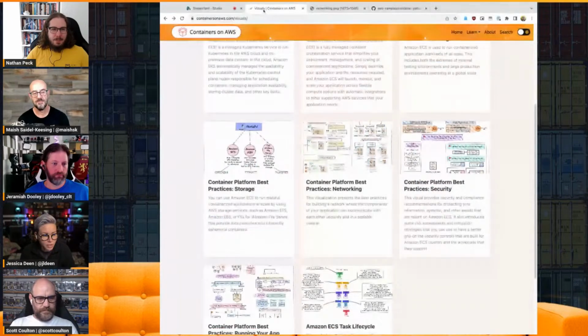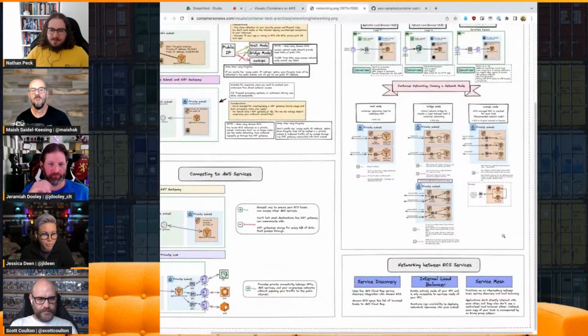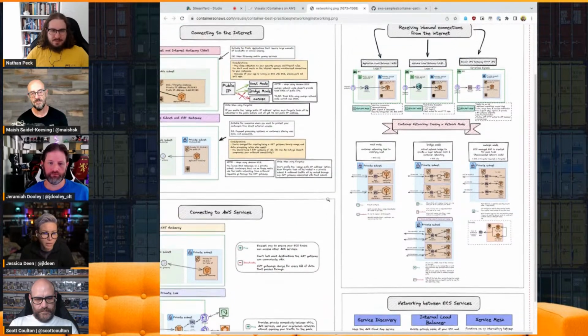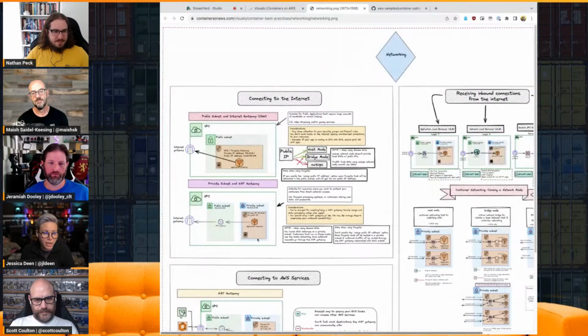One of the things I try to focus on in there, and networking is a good example of that, is that I did try to highlight pros and cons, things that you can do, things that you can't. A lot of times I get feedback from customers asking, when should I use this, when should I not? And I can't answer that.